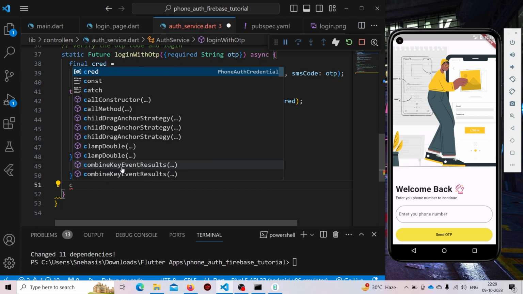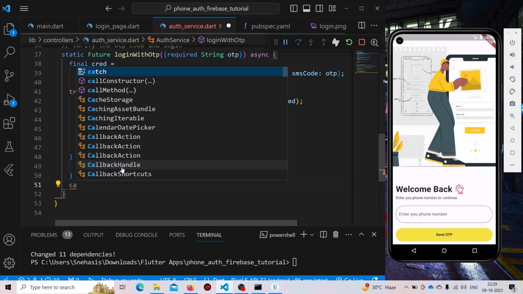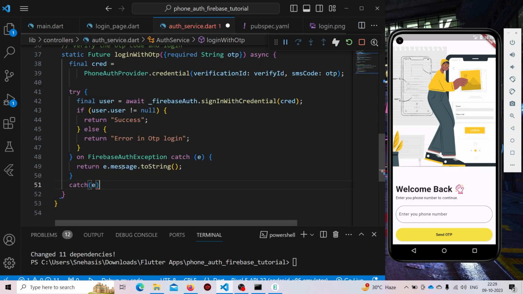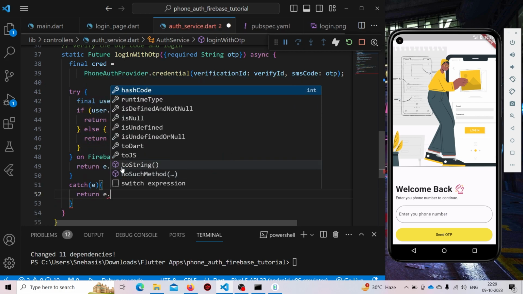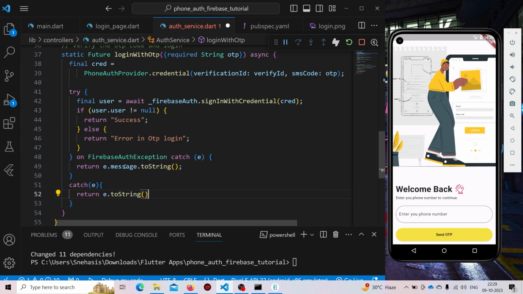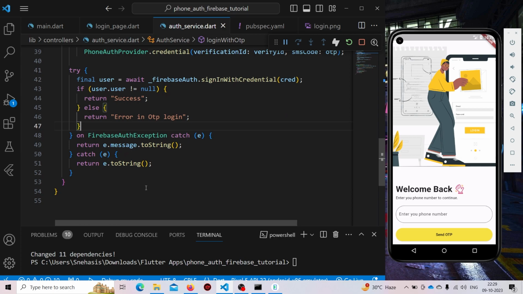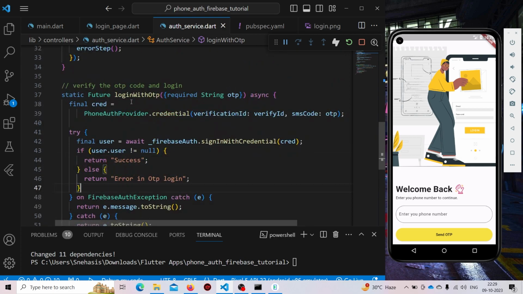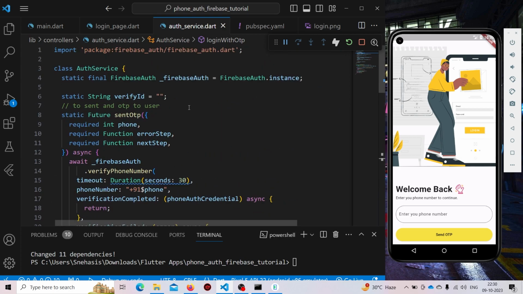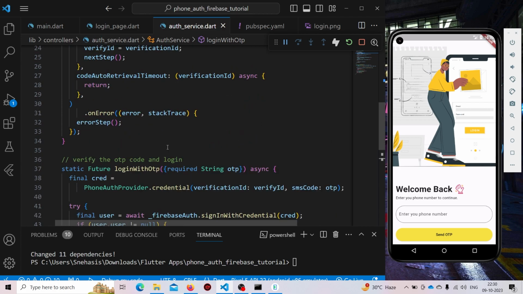And after that, if something else except a Firebase exception happens, then we'll be directly returning e.toString. Now we have written two functions that will first send the OTP to the user and verify the OTP code